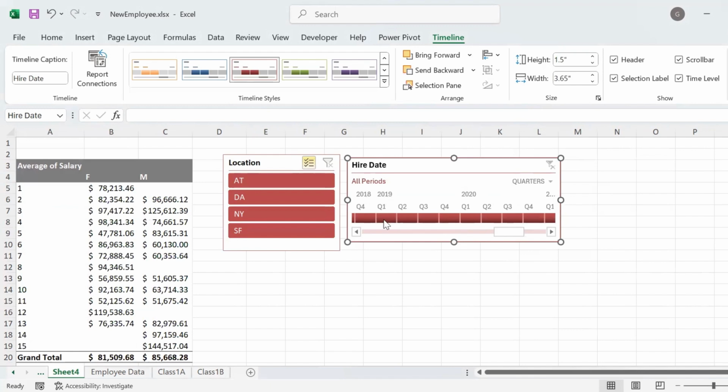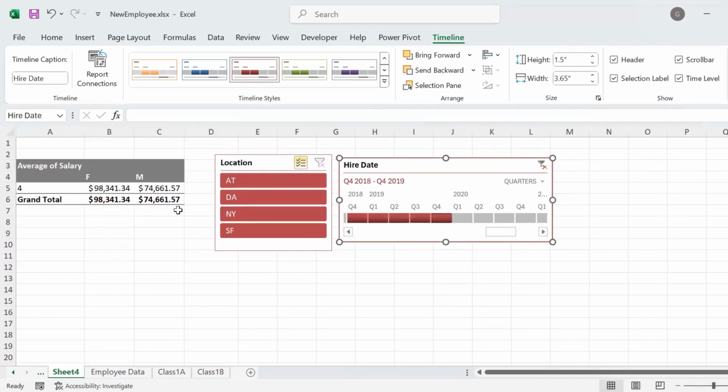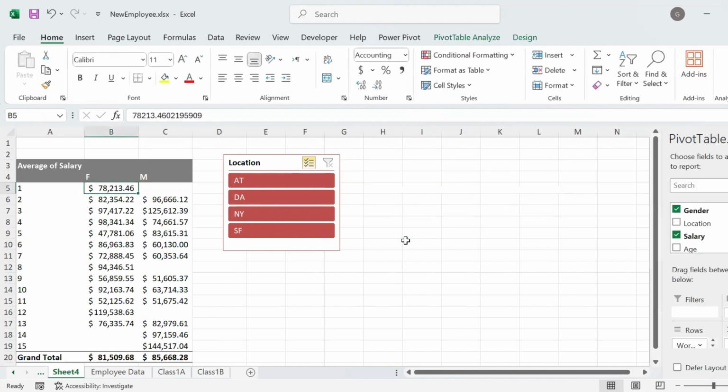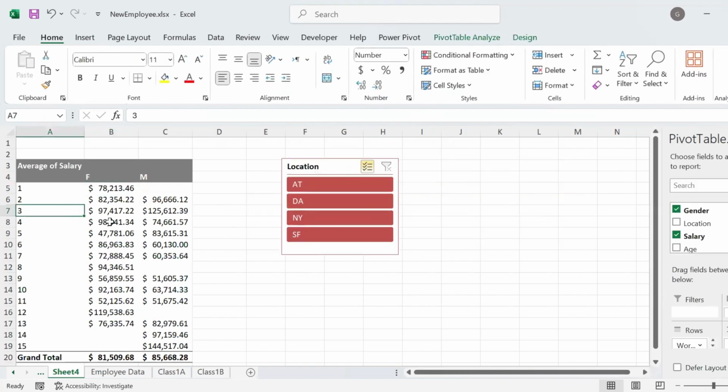And you can see every year with its quarters. So you can select the quarters that you need to filter the data on them. Let's remove the filter. If you don't need the timeline, you can simply click and delete it. If we go back to the pivot table